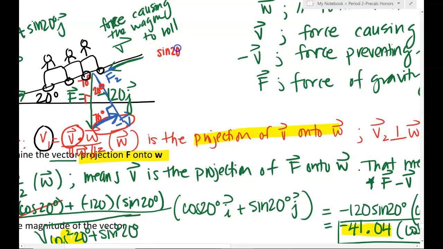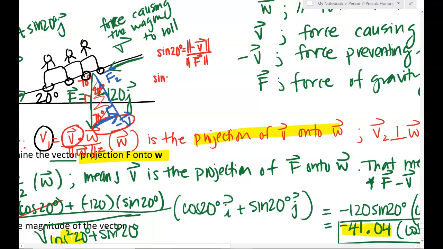I'm going to use sine because sine is the opposite, which is negative vector V. I'm going to use it to find the magnitude. The magnitude is distance, so that's why magnitude is what we're using. So the distance of vector V divided by the hypotenuse. Well, which one's your hypotenuse? The hypotenuse of this triangle is vector F. Again, we are going to find the distance of this right triangle. So sine